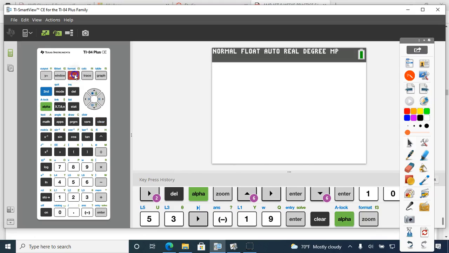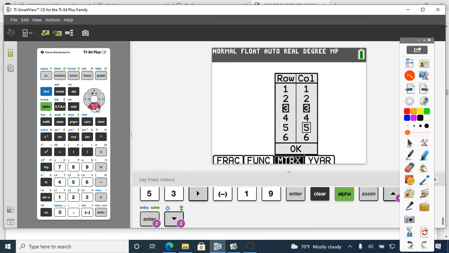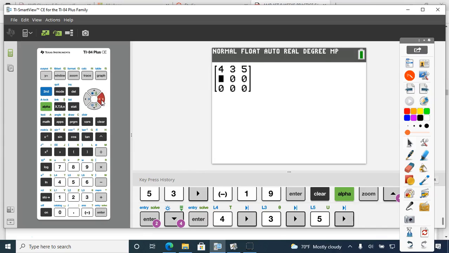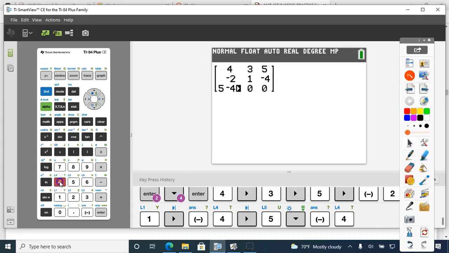Alpha zoom brings up our matrix, so I need to change that to a 3 by 3. Hit enter, then scroll down and hit OK. And then plug in your points. Remember, you have to do B first. If you do A first, you're going to get it wrong. So B first would be 4 arrow, don't hit enter, 3 arrow, 5 arrow, and then -2, 1, and -4, and then 5, -4,